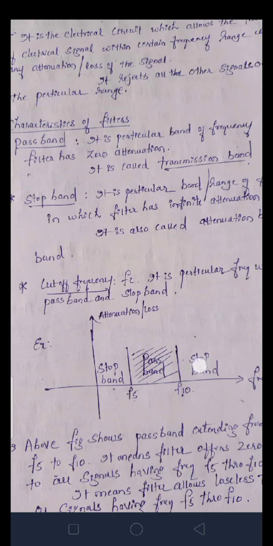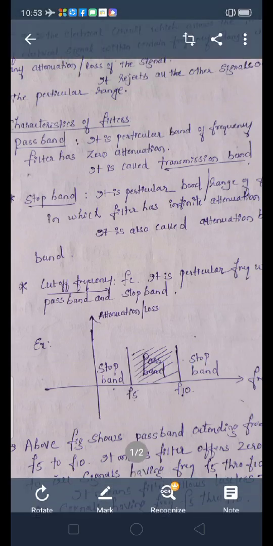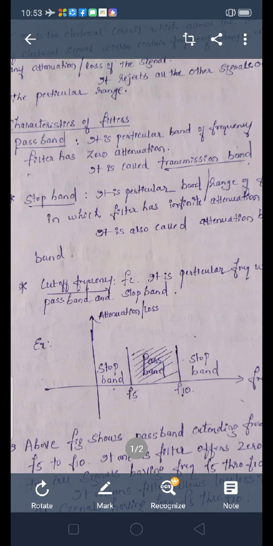How I have designed my filter is, it should allow the signals having the frequencies somewhere between F5 to F10. Means I want the signals which are having the frequency F5, F6, F7, F8, F9, F10. Only these signals I want.